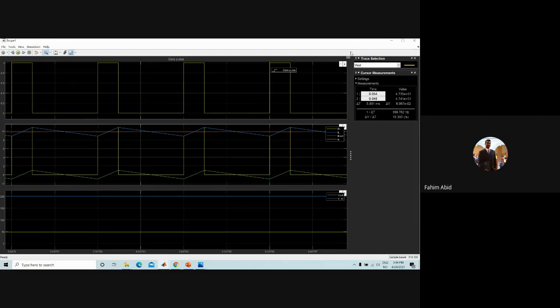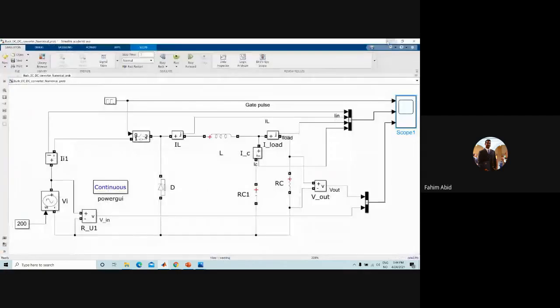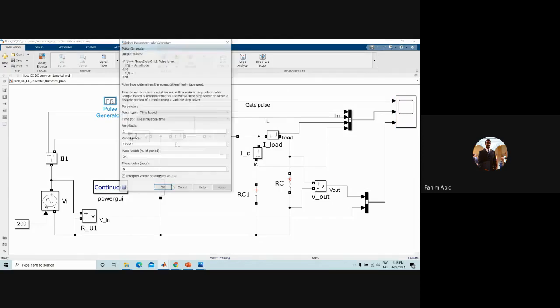So this simulation tool, I will upload it in the classroom, so you can use it. You can further play with all these different values. For example, if I increase or decrease this switching frequency, what happens to it? Or if I change this output,